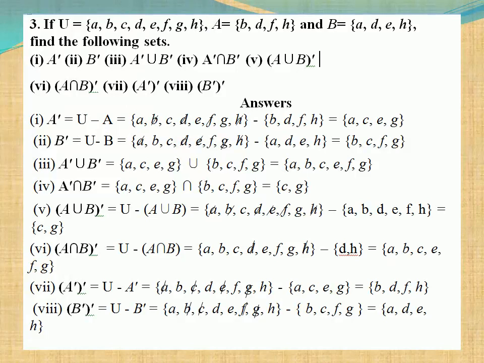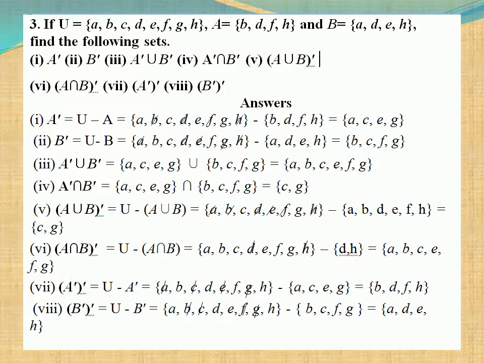And if you are seeing A dash the whole dash, it is equal to A, the set A. If you are seeing the set A, it means both will be equal. Seventh subdivision and A will be equal. So A dash the whole dash is equal to A is the answer.